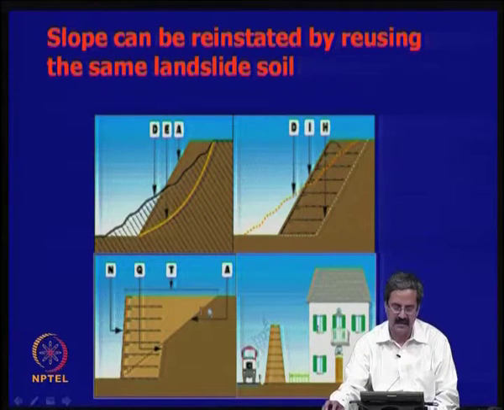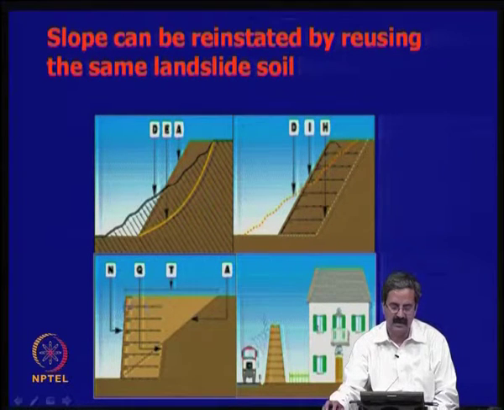Then this is some extension where you would like to widen the roads. You can see that you want to increase the right of way, like this. Say for example maybe 4 meters is available, and you would like to make it 10 meters or something like that. This is possible. This type of application is very common in hilly areas.